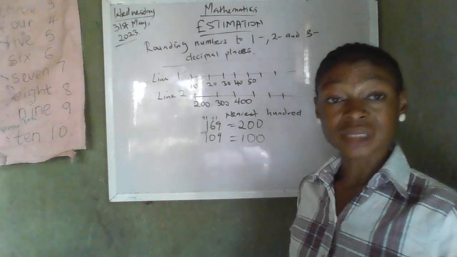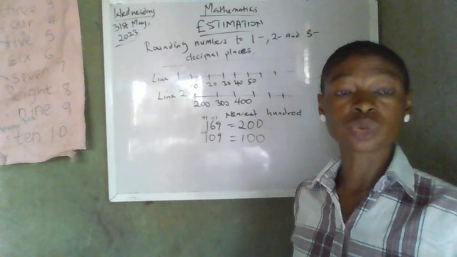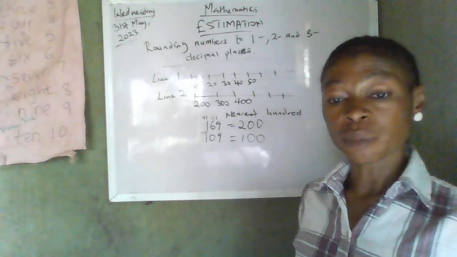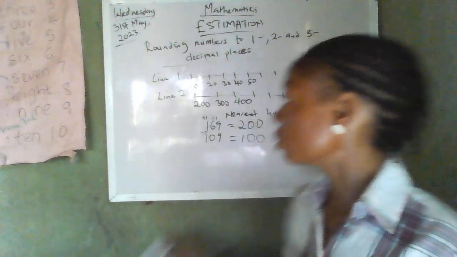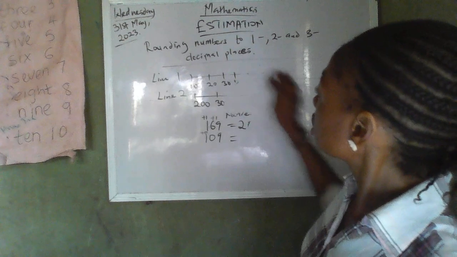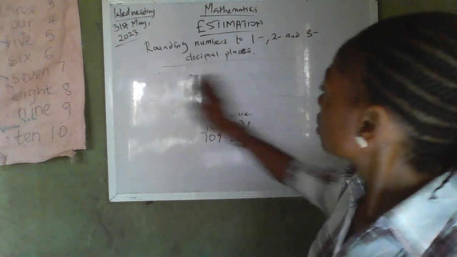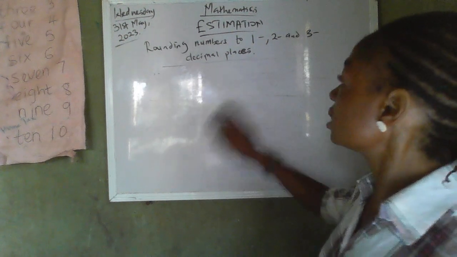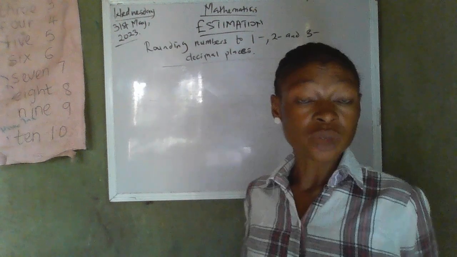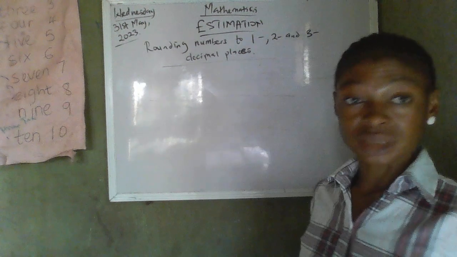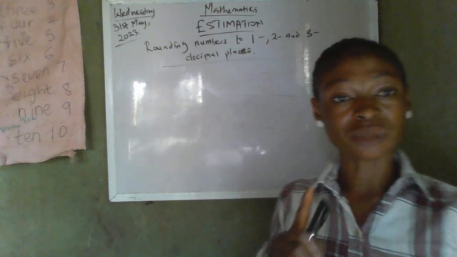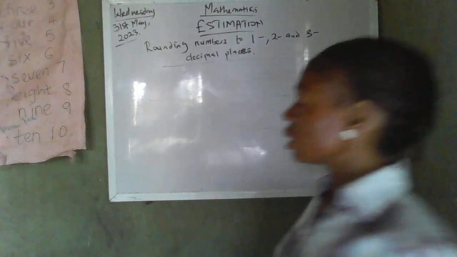Now for today's lesson, we are rounding numbers to the nearest 1, 2, and 3 decimal places. Let me quickly rub this off. Have you written it down? For today's lesson, we are rounding numbers to 1, 2, and 3 decimal places. Now before that, let's quickly run through the place value of decimal numbers using, let's say,